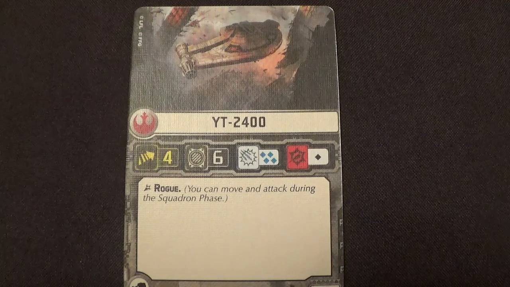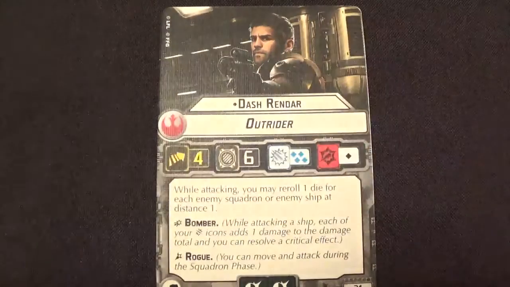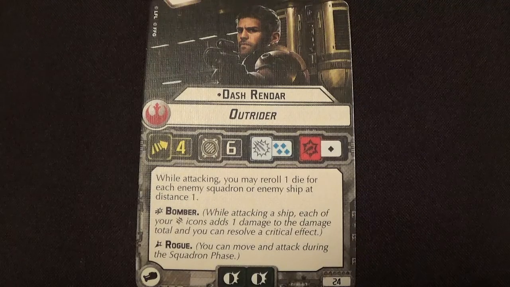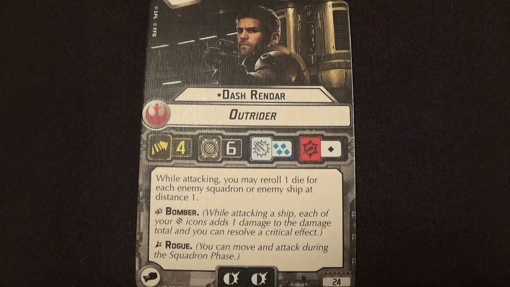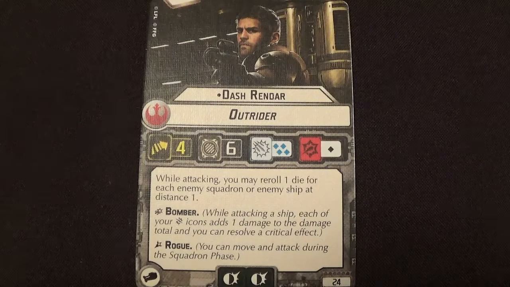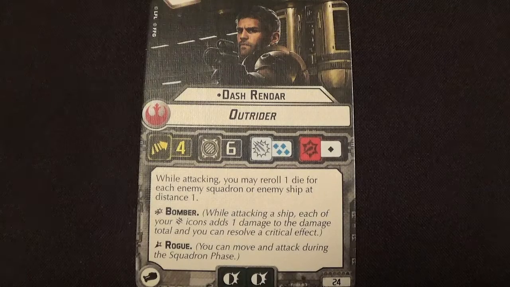I think overall that's better, but there's an upgrade for this as well, which comes in the form of Dash Rendar, who actually looks a lot more like Mad Max there than Dash. In fact, he looks just like Mel Gibson's Mad Max for some reason, which is just cool. So there we go. So he is the same speed for 6 there, same dice, exactly the same. He has a rogue ability just the same. While attacking, you may reroll 1 dice for each enemy ship, enemy squadron or enemy ship at distance 1, which